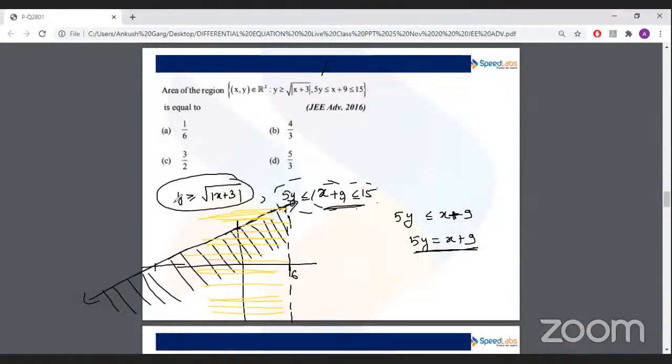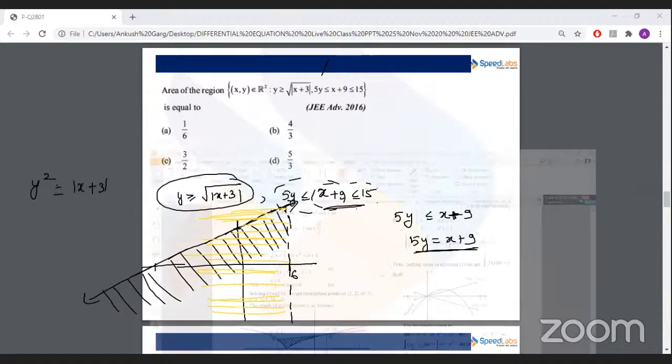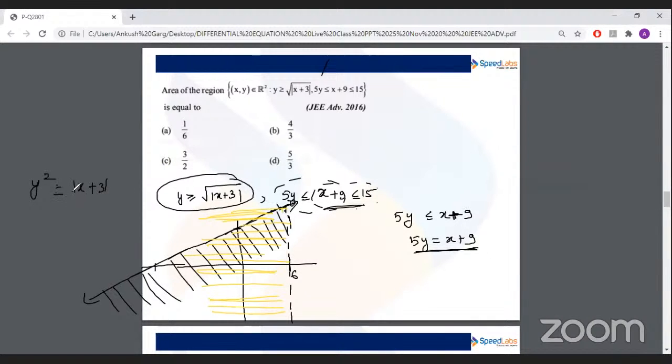ठीक है, तो अगर इसको आप स्क्वायरिंग करो, रूट हटाने के लिए, तो y square is greater than or equal to mod of x plus 3, right? तो यहां पर हमें क्लियरली दिख रहा है कि when x is less than minus 3, so you can say y square किसके इक्वल होगा, minus of x plus 3 के. When x is less than minus 3,